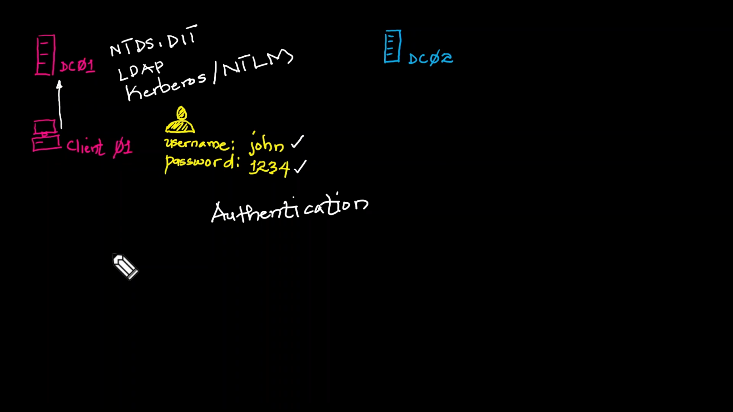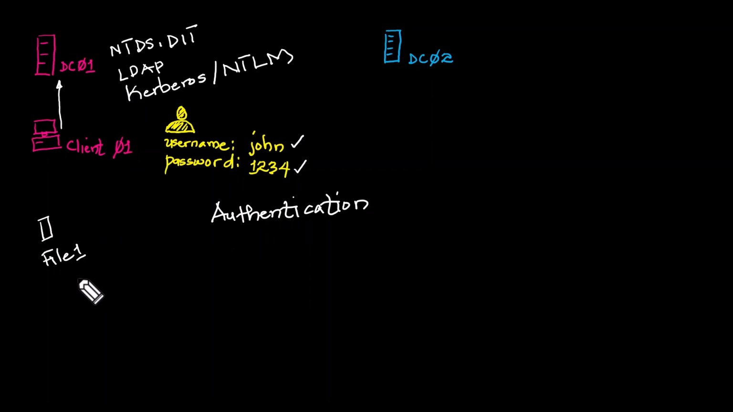Then there is another term called authorization. So how does authorization come into place? Let's suppose that on this domain controller, we have a file. All right, let's call it file 1. So we have a file called file 1. The file 1 is on this domain controller. So when the user is authenticated, the user logs in. Now, when the user tries to access the file,